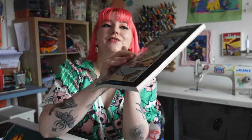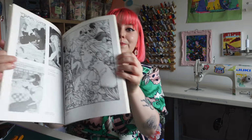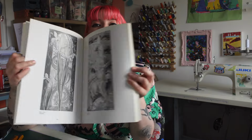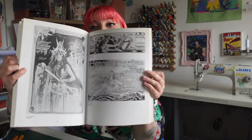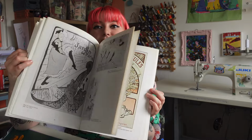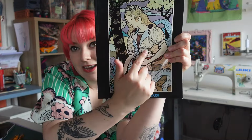It's got all of these posters. Oh my god, I can't open a book. It's got all of these fab posters of illustrations from sort of the 1920s to 30s era. Oh, gorgeous. So that is a really good form of inspiration, because even the front cover, look how nice this